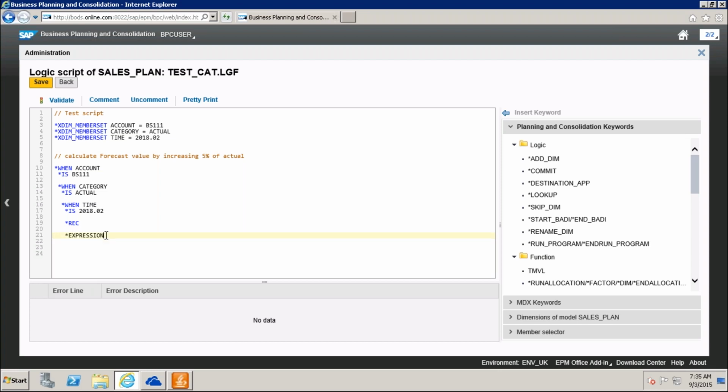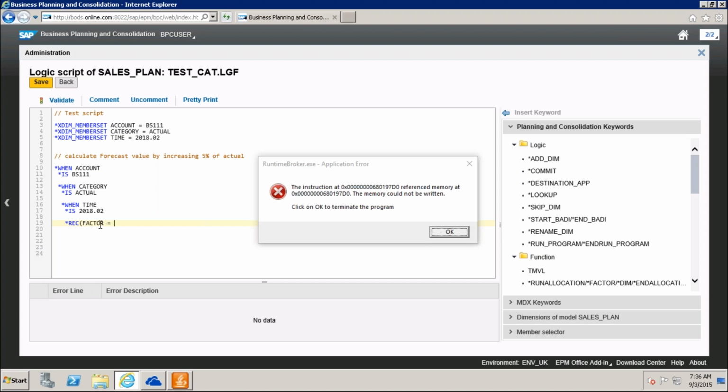So I am taking here star rec, record of factor. Here I am taking factor is equal to how much I want to increase. Factor is multiplication, right?